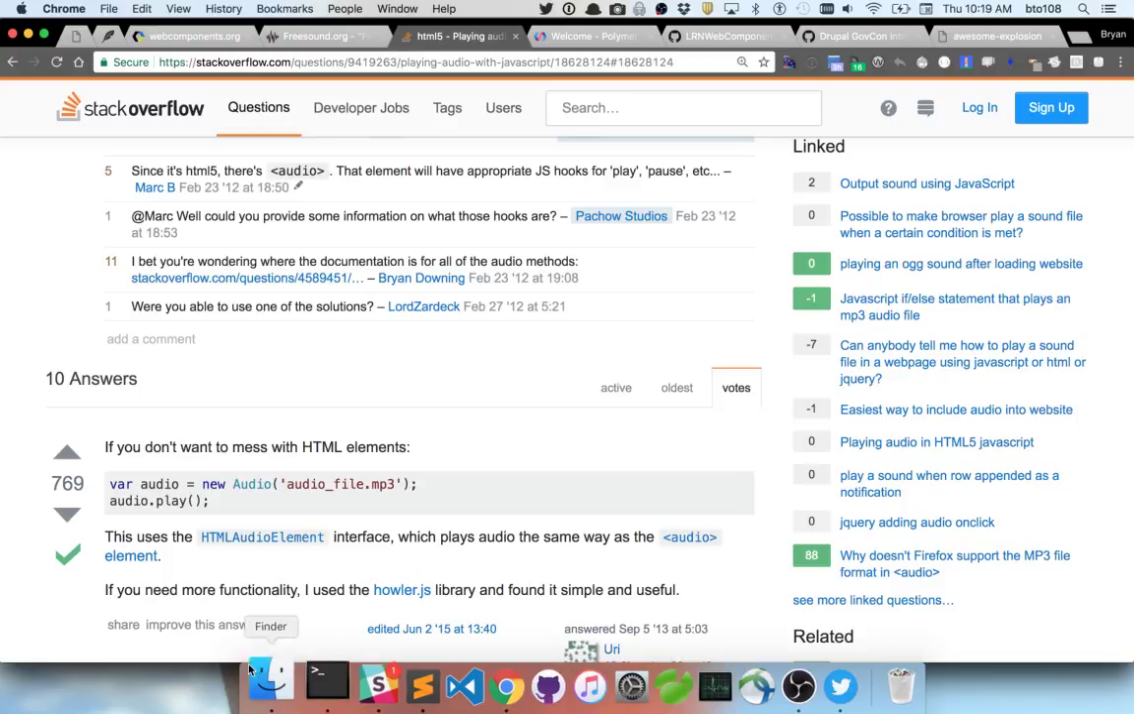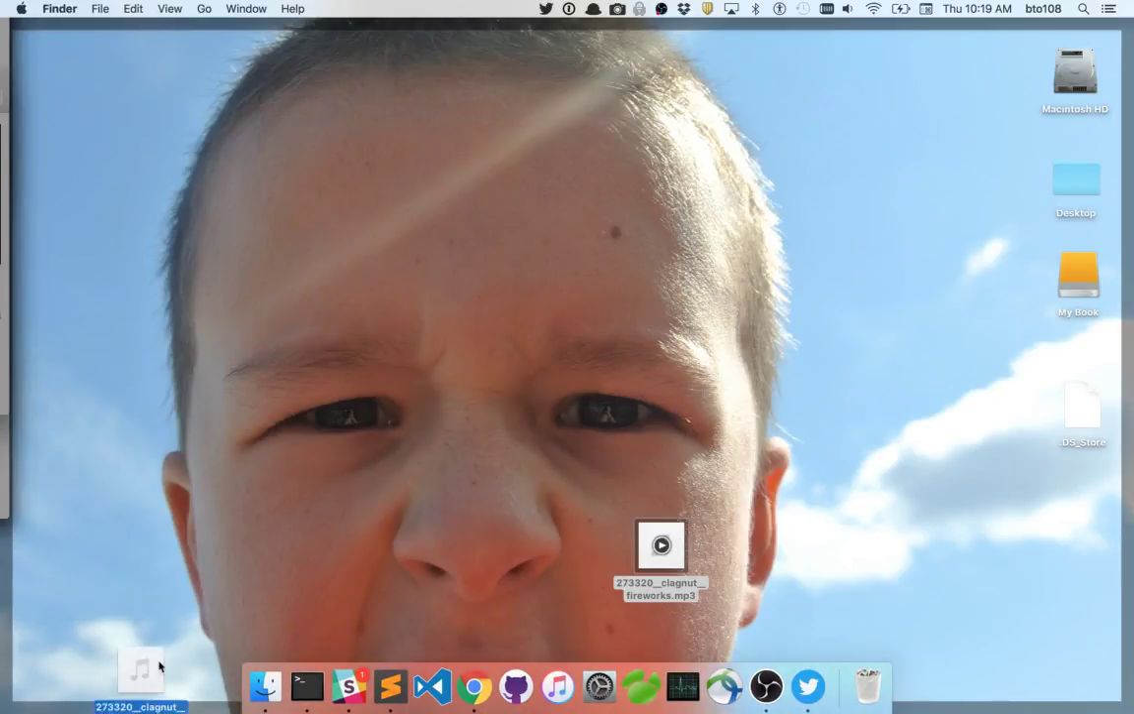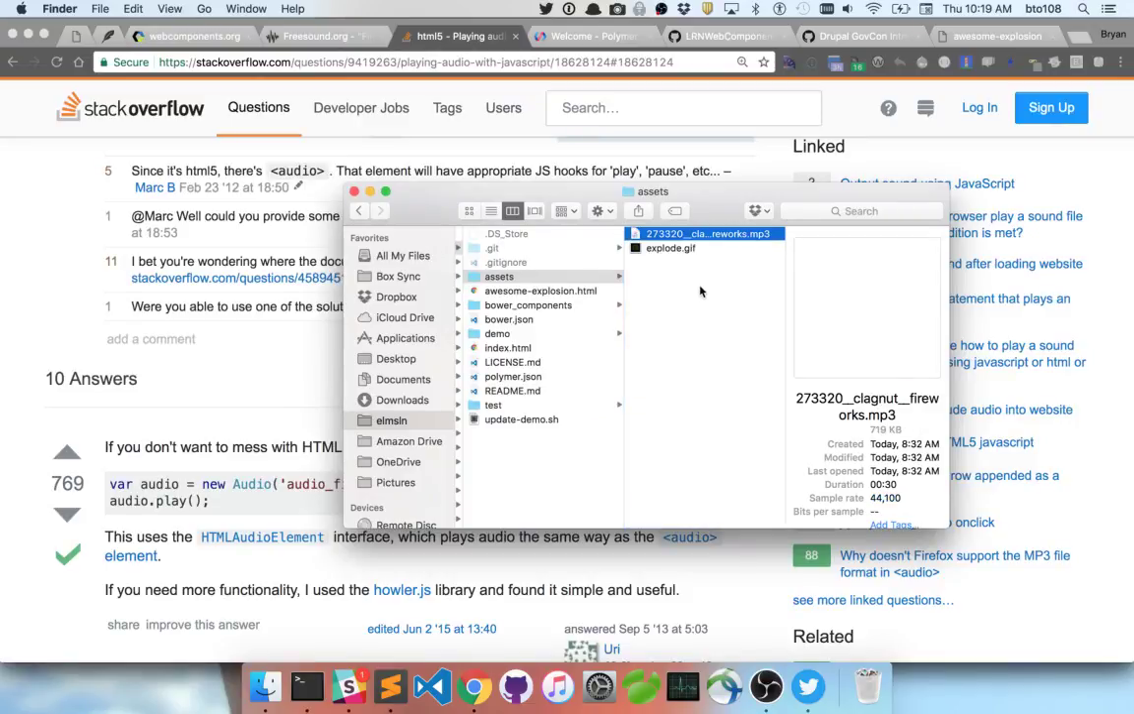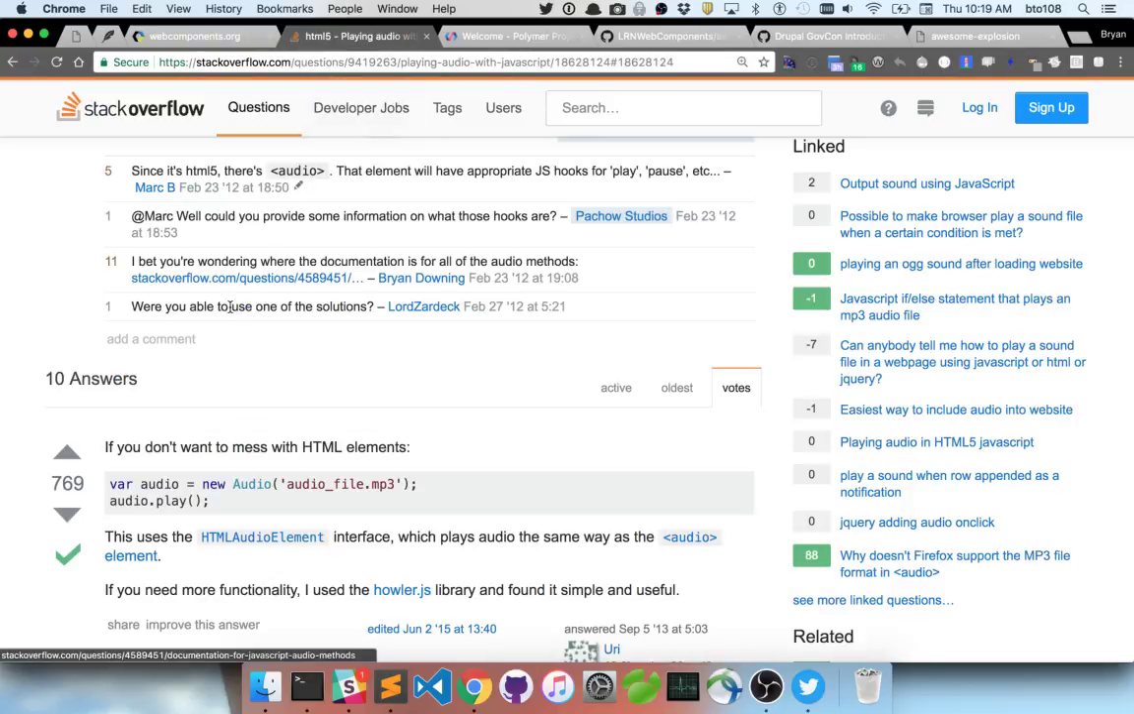So again, kind of cheating on getting things ahead of time. I got this Creative Commons License 0 sound effect from freesound.org. It's a pretty cool site. Just wanted to mention it. So this sound should sound like, right? It should sound like fireworks. That's the whole point. So now let's see if we can hook this up to play